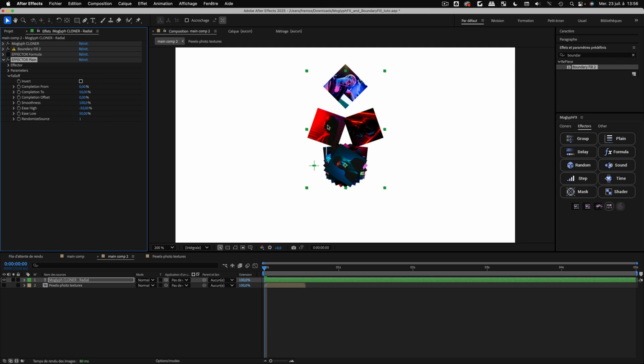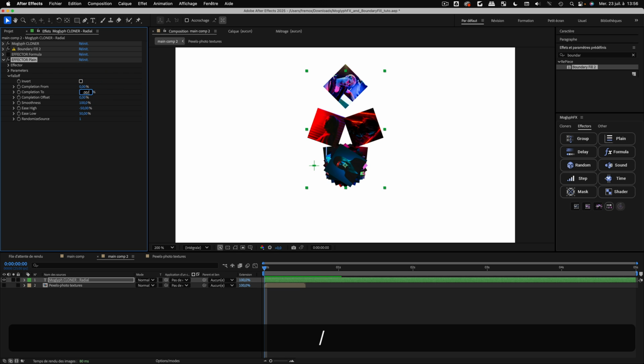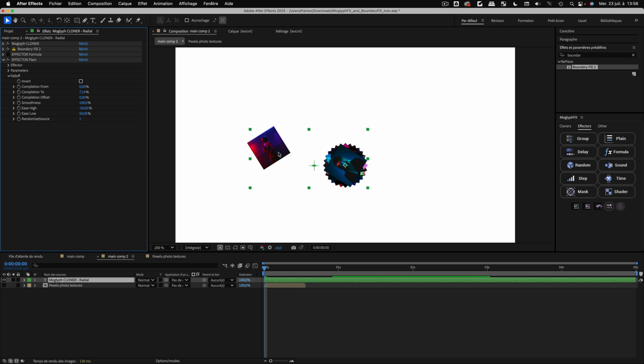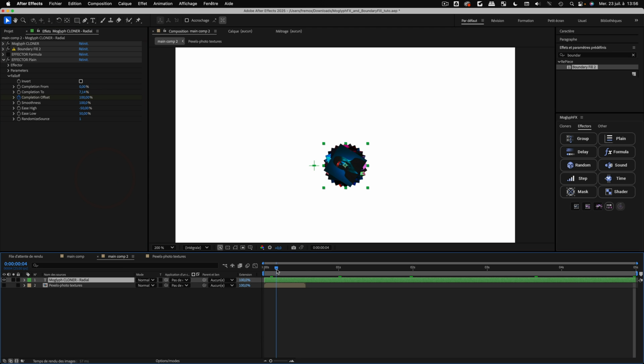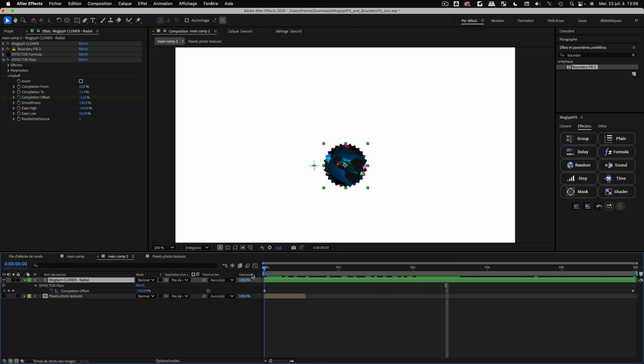If you don't want to have more than one single photo animated, you can just divide 100 by the number of clones, which is 14 in our case. And now if I play with the completion offset, if I put minus 100 to 100, I will animate all the clones one by one. And actually this is not minus, if I remember correctly, this is just